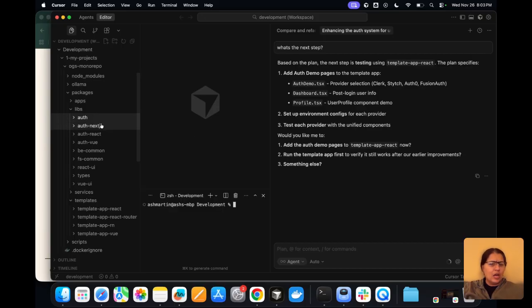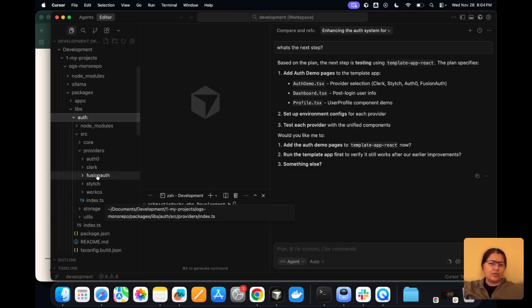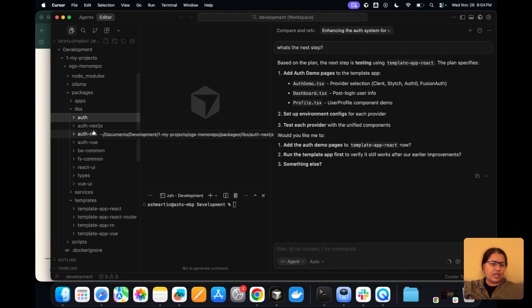But this is a set of auth libraries, and the core library is framework agnostic. It's TypeScript, and it enables multiple providers. You can see these for now. I have experience only with Auth0, but the others are new to me, so I will be working with them. And then the other three are lightweight wrappers to enable using this in multiple different frameworks: React, Next.js, and